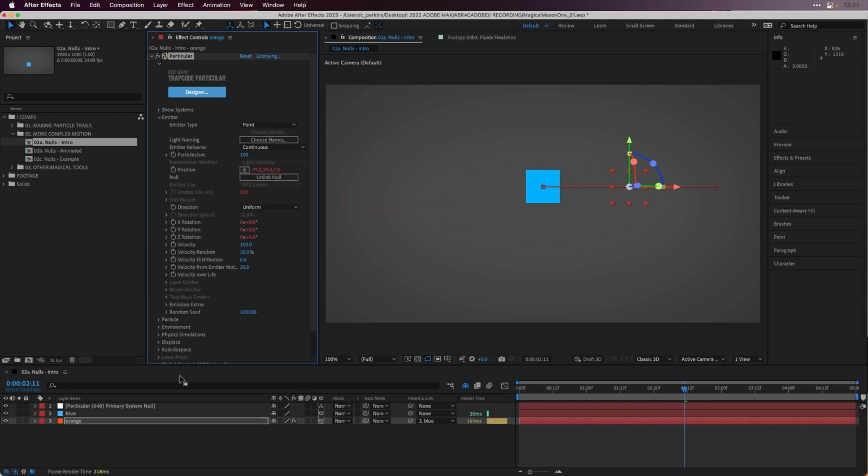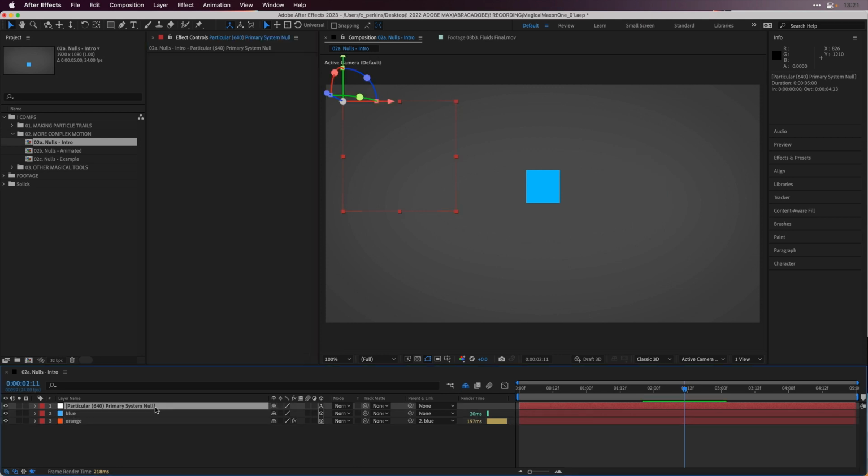Null. And what this does is it creates a null in our timeline panel. It's just a regular null, but we can use it to control the Particular particles now. They are emitted from the origin point of this null, which is pretty cool. Now, again, it's really important to note that this is just a regular old null, and we can control it in the same way we control other regular nulls. So all this advanced motion stuff I'm about to show you with nulls, we can use to control Trapcode Particular